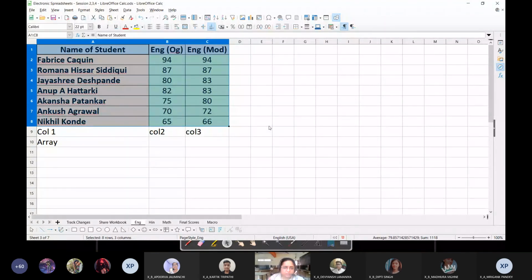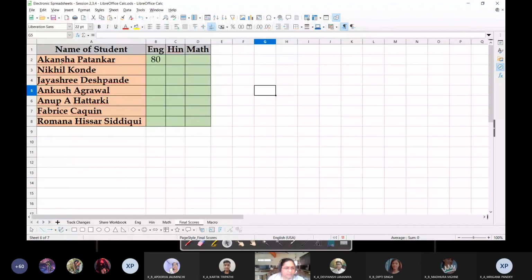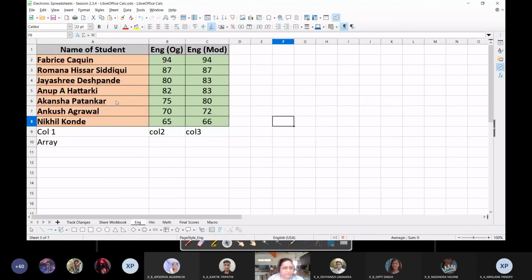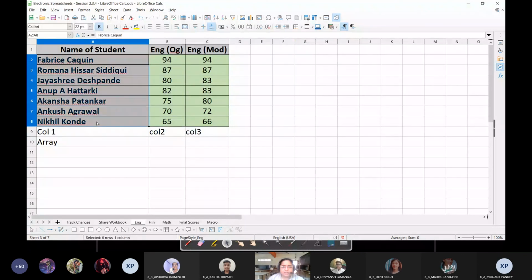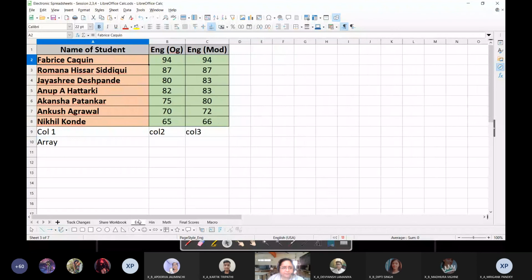So just to keep track of all this, the sorting had to be done. And now what we are going to do is, here you can see in final scores, Akansha Patankar is at the first position. Okay, here the sequence of names is different from the sequence of names in all the three sheets. In English it is different, Hindi it is different, Math it is different.